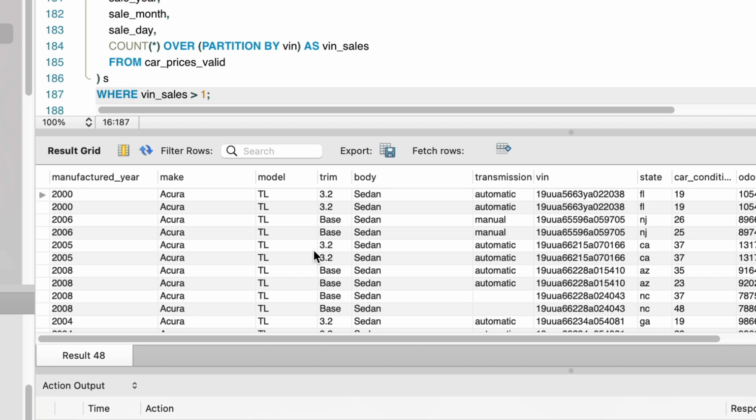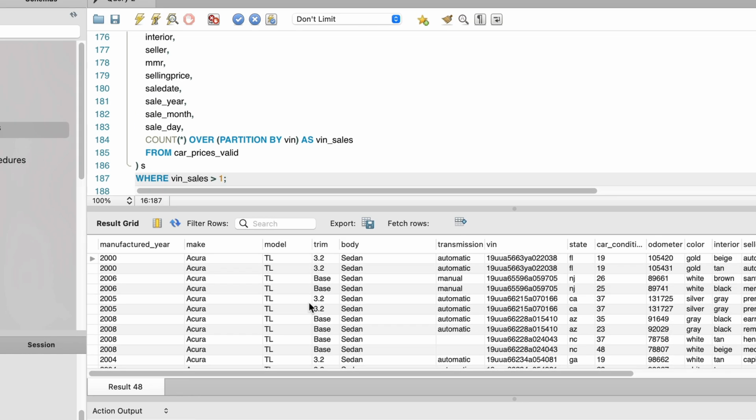With this data set, we could analyse it further to find the average time between resales, changes in sale price,